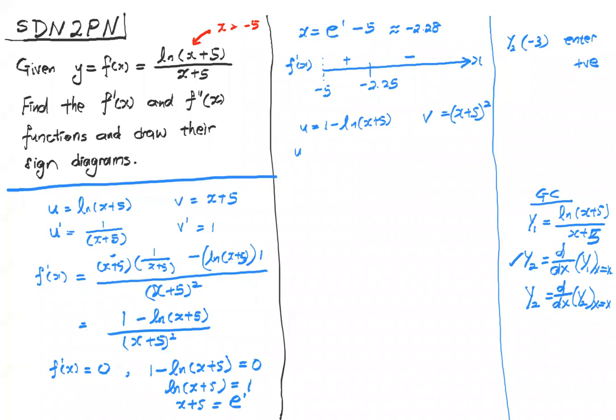So u' is equal to negative 1 over (x + 5). For v', I have to use my chain rule: 2 times (x + 5) to the power of 1, times 1. So therefore my f''(x) will be equal to v u'